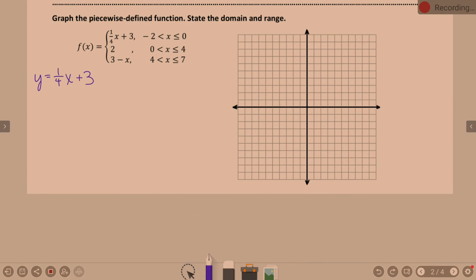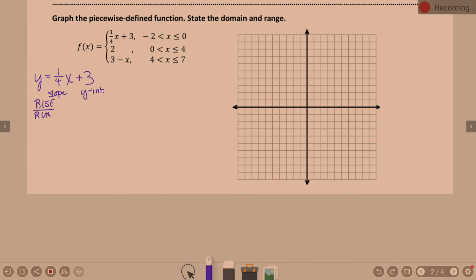I'm color coding for you. My purple is y equals 1/4 x plus 3. What do we know? Put a real faint dot or something till you figure out what we're doing here. But we know we're starting on 3. Whether that dot is part of my answer, I don't know. And then what kind of slope do we have? 1 over 4. And so that means I'm going to,